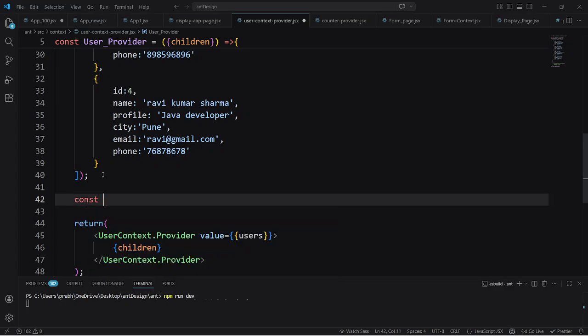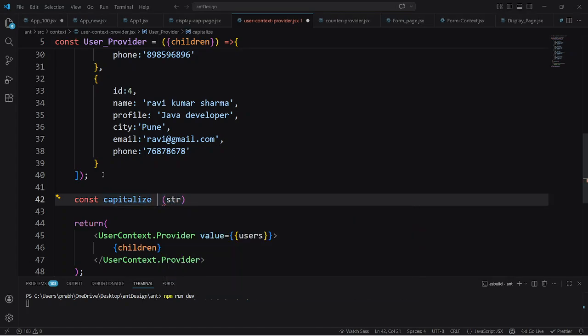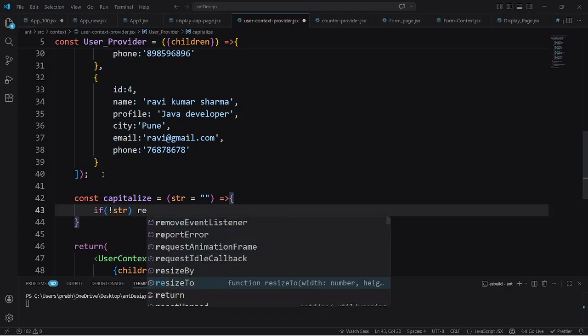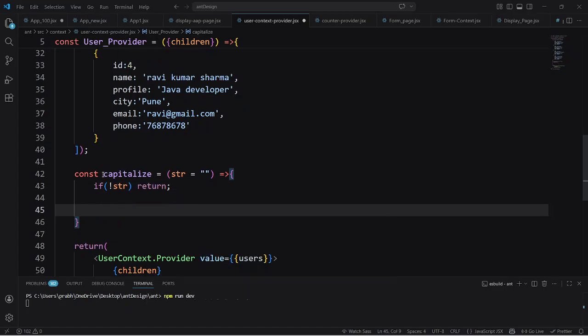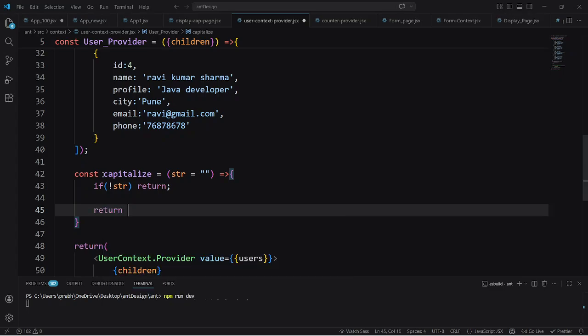So I'll just say here const capitalize equals str. So give here first equal to, and I'll use the default parameter, so give here the default value as blank also, and if there is no string, we will just return. Otherwise we will just return here the